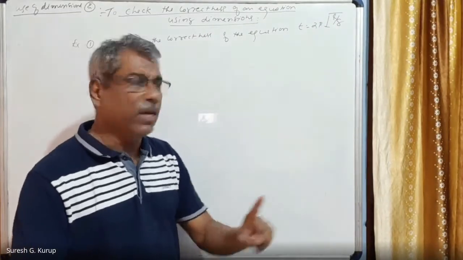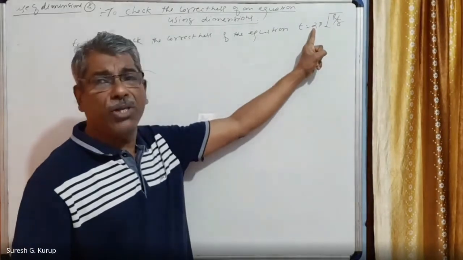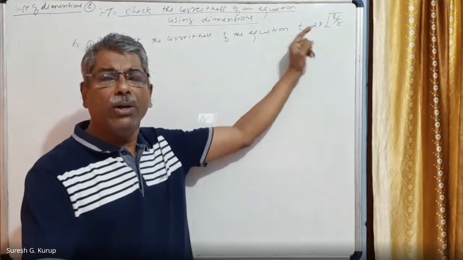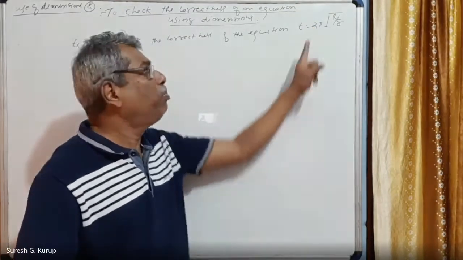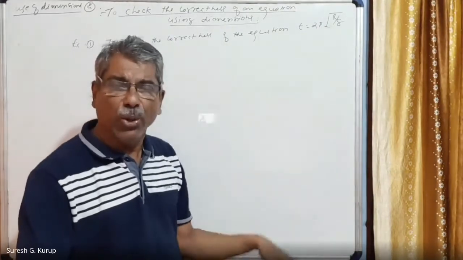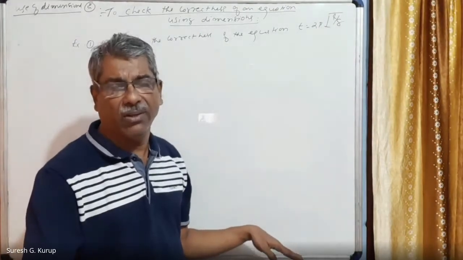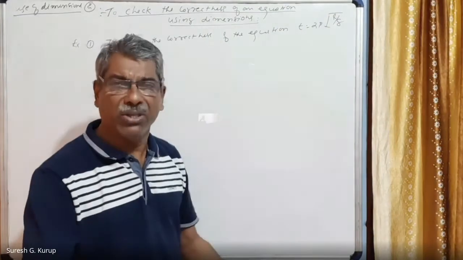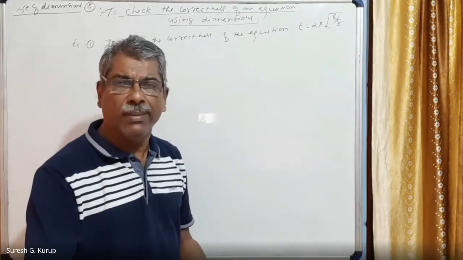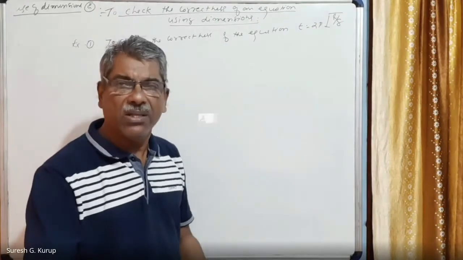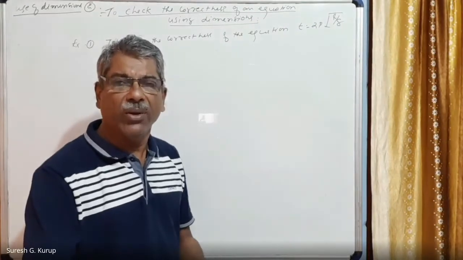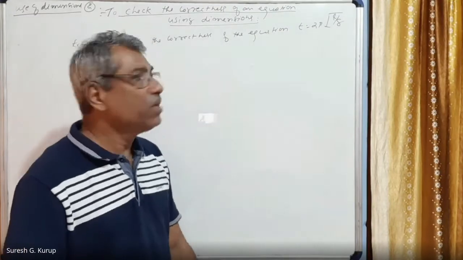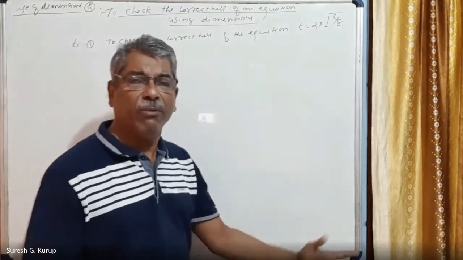You must remember that some constant quantities are there. Two days ago I said all numerical values and pi etc. have no dimensions, right? They are constants but having no dimensions. Numerical quantities have no dimension, and pi, a very famous term we use in our calculations, also has no dimension. So now let us see the dimensions of both sides.